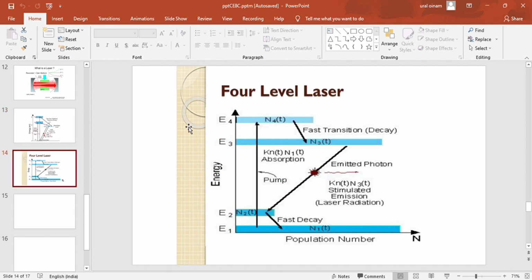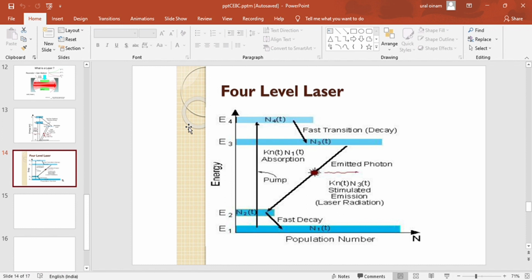This four-level laser is quite similar to the three-stage laser. So how does it work? It works similarly to the three-stage laser. The electrons will be pumped from the E1 energy level to the E4 energy level. When they move from E1 to E4, they are not very stable, so they transition downwards to E3. And then there will be population inversion happening in E3, and then again they will move,